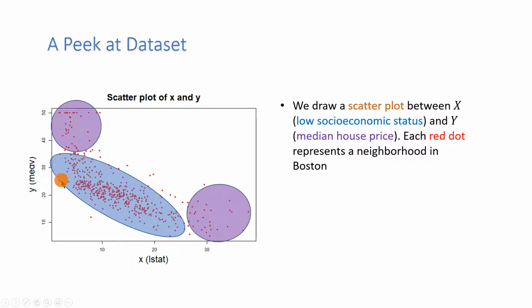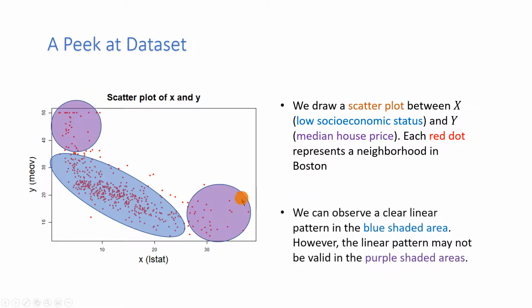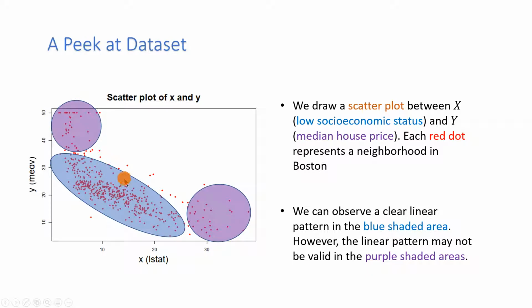So here is actually what I did. In general, for the majority of data points in the scatter plot, we think there's a very clear linear relationship between x and y, right? Which is what I draw as this blue shaded area here. So all the data points within this blue shaded area exhibit a very strong linear relationship between x and y,